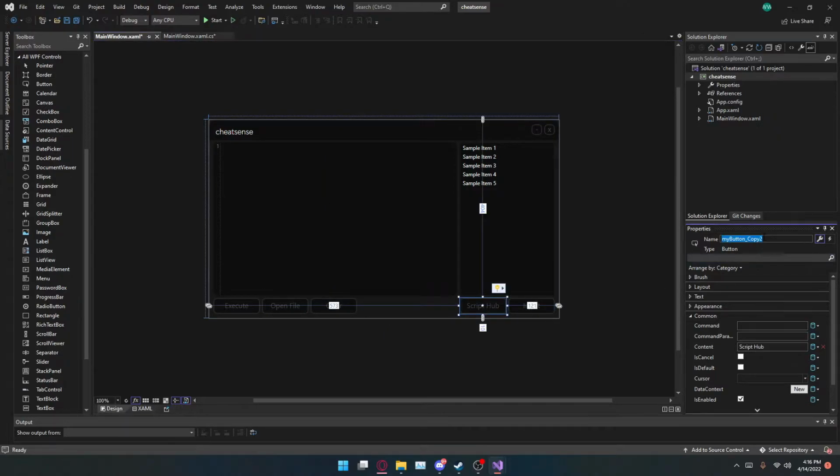So I'll call this one clear button, just so it's a little more concise and I can actually understand it. Let's go to script hub, call this one script hub button. Let's call this one inject button, and let's call this one execute button, and then openfile button, and then we'll call this close button. And when you do change a name of something after you script it,